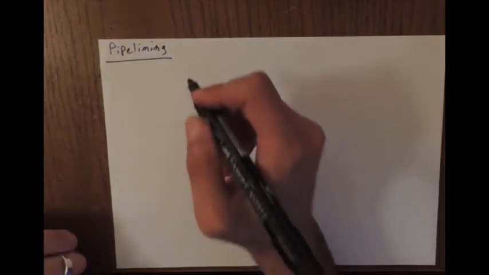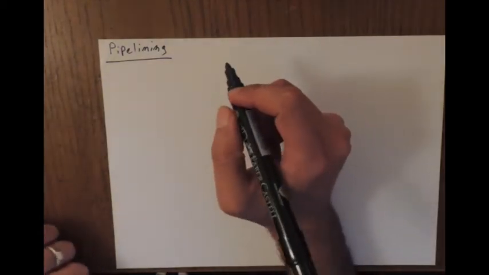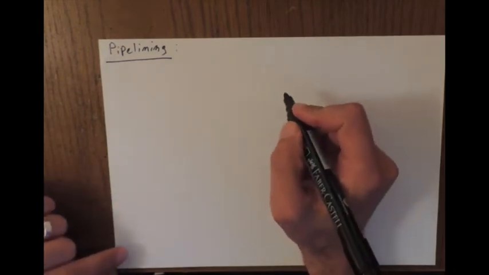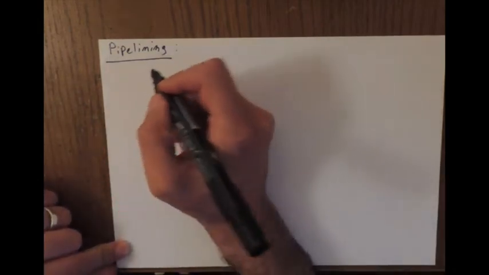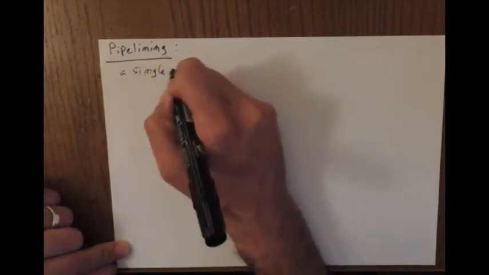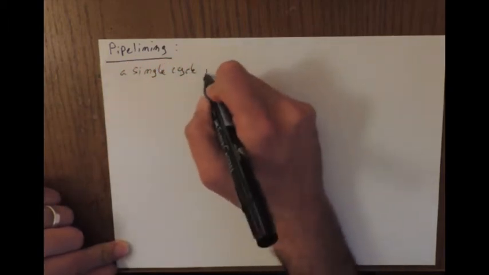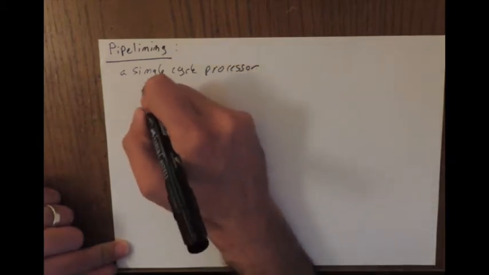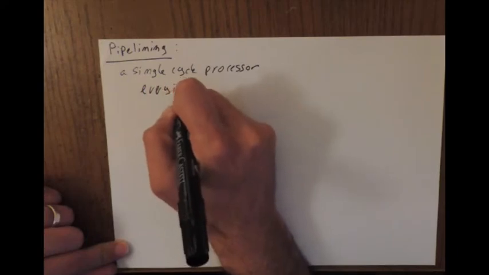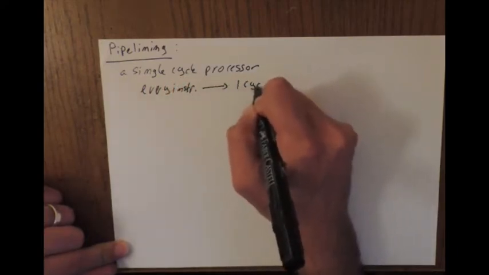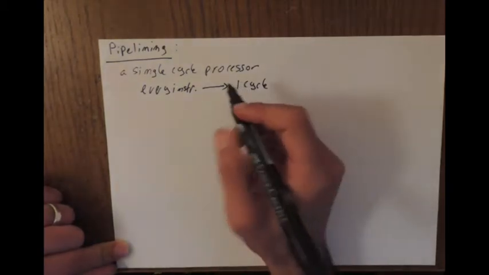Hello everybody, in this lecture we're gonna discuss pipelining and how it applies to a MIPS processor. So previously what we discussed was a single cycle processor. What do we mean by this? This means that every instruction will take one cycle. So if we have a program like this,